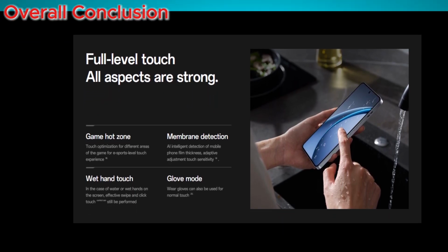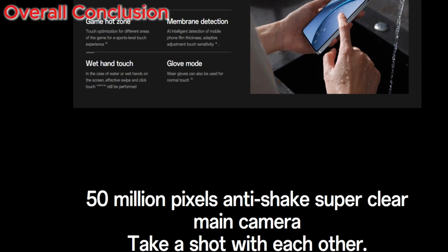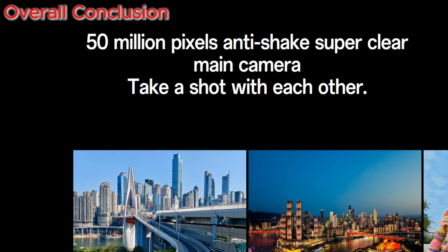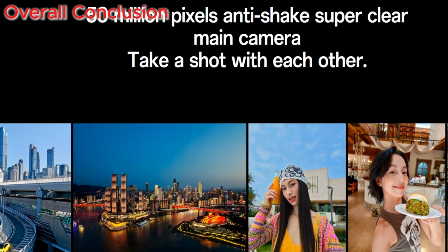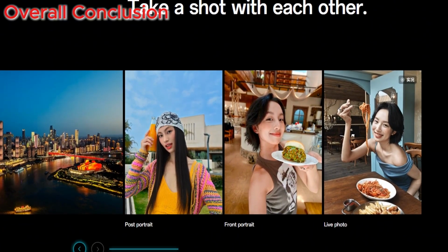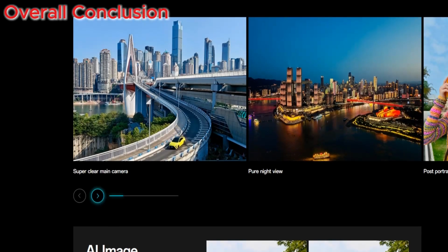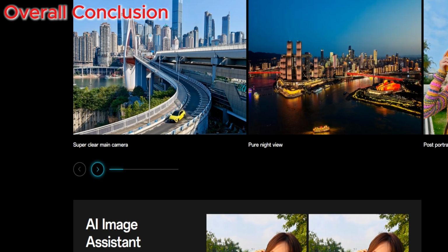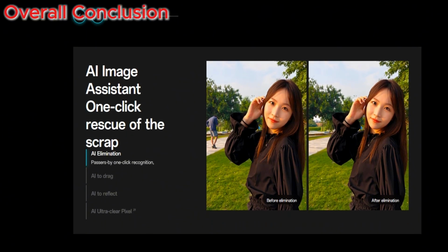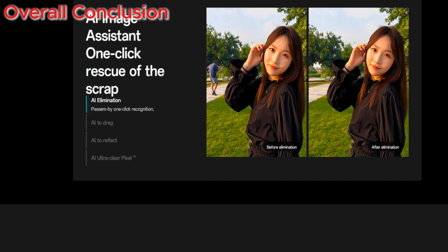Overall conclusion. The Oppo K13 Turbo Pro is a highly specialized smartphone designed primarily for mobile gamers and power users who demand sustained performance. Its unique active cooling system, combined with the powerful Snapdragon 8s Gen 4 and a massive 7,000 mAh battery, sets it apart in the mid-range to upper mid-range segment. The inclusion of bypass charging and the impressive IPX water resistance ratings, despite the fan, are significant engineering achievements and